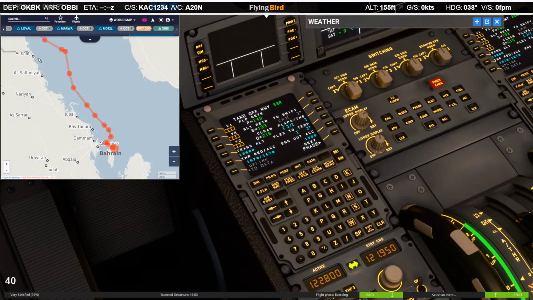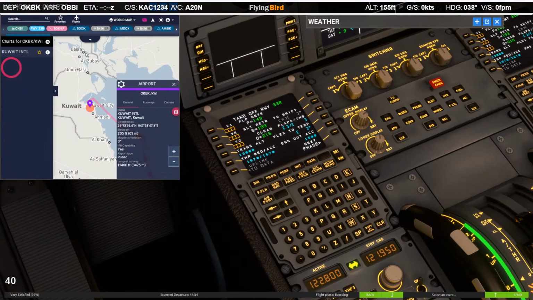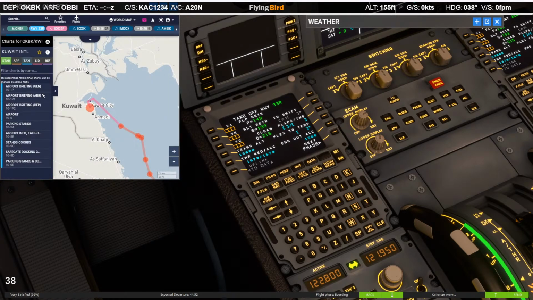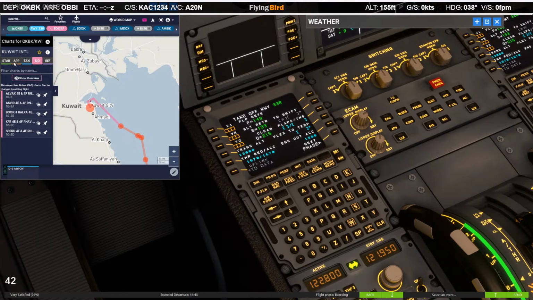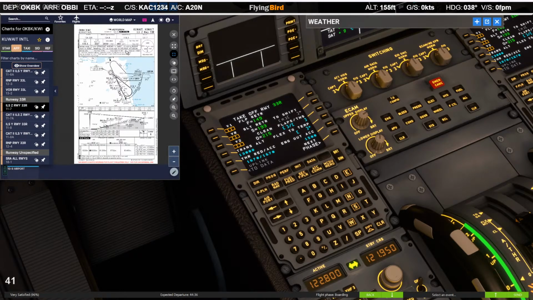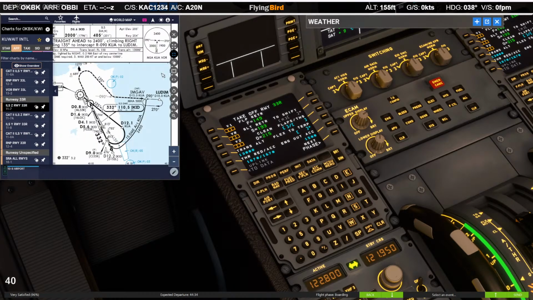So guys, let's have a look at what is the transition altitude at Kuwait airport. So here we need the airport chart and approach. Let's go to approach, and our runway is 33 right. Let's see what the transition altitude is here. Transition altitude is 13,000 feet, which is right, and we would be taking off with flaps 1, but before doing that we will confirm the